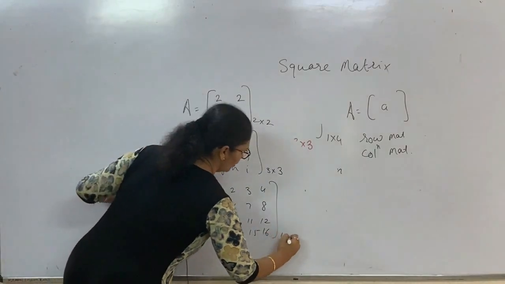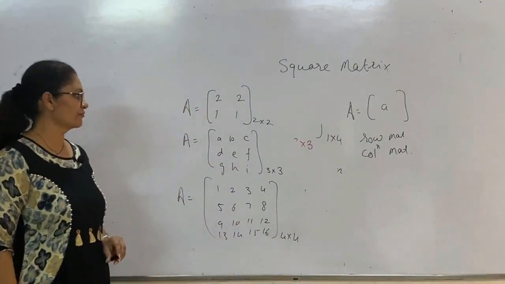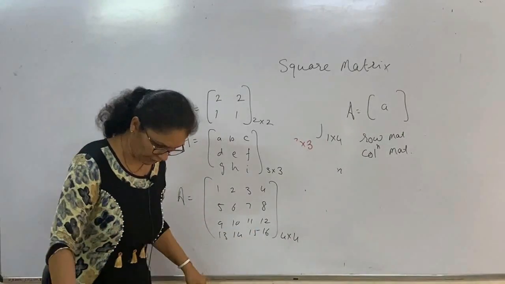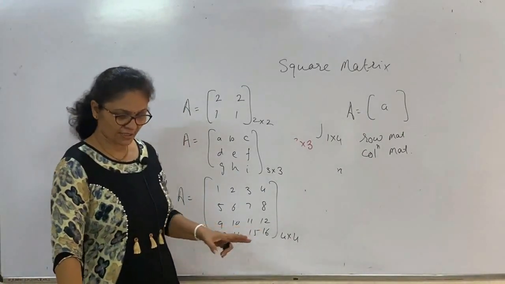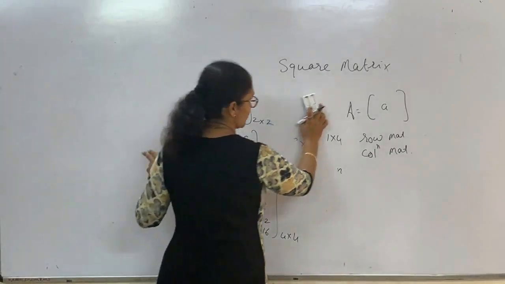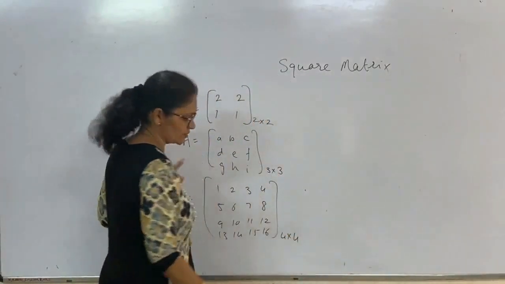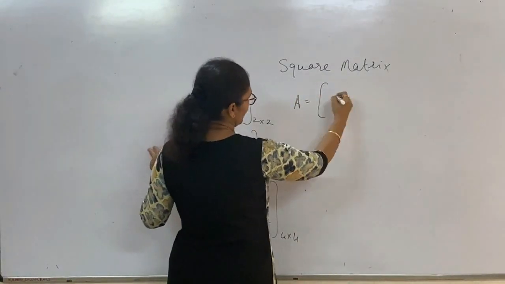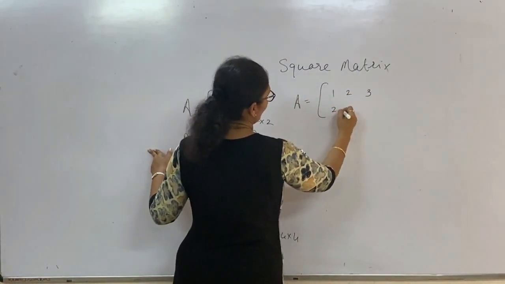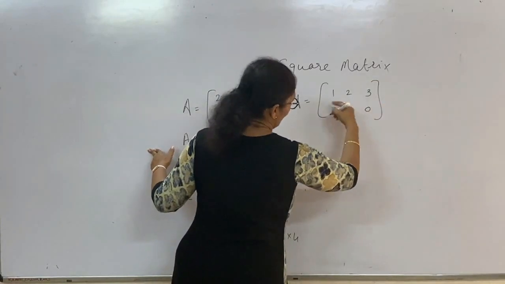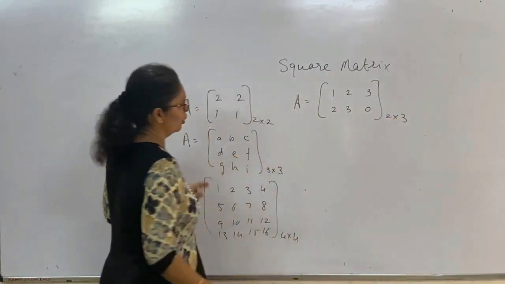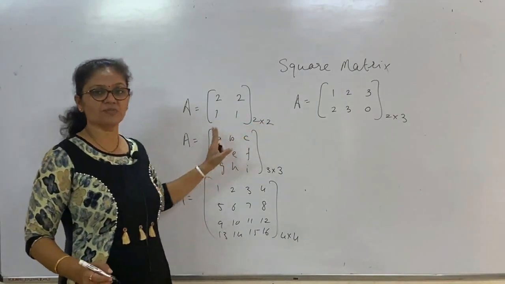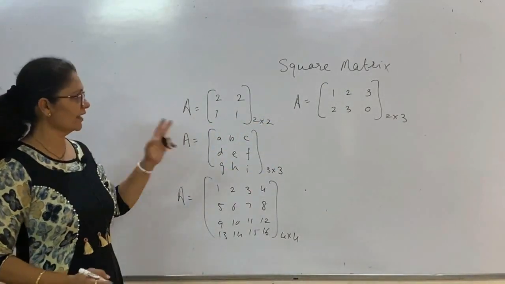So, this is your 4 by 4 square matrix. Means all these are the type of a square matrix. But remember, a square matrix is not a rectangle matrix. Means both are not the same. In a rectangle matrix, we take a rectangular arrangement, with a different number of rows and columns. Means here 2 rows and 3 columns. So this is the difference between a square matrix and a rectangle matrix.